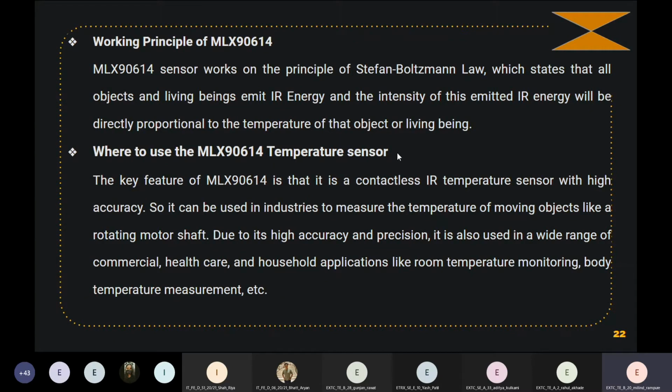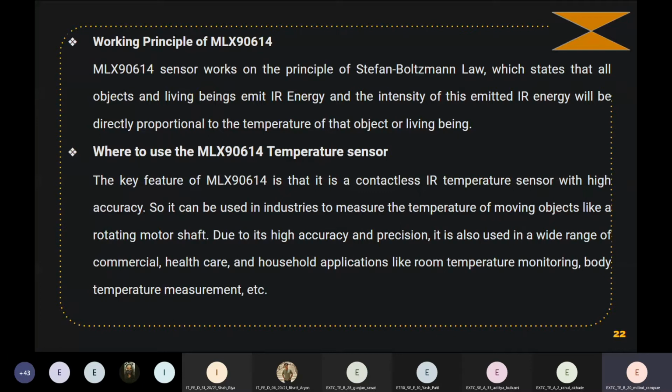So where can we use this sensor? This particular MLX sensor is in high demand right now, because, as you have seen, temperature guns measure body temperature on your forehead, palm, or wrist, and the sensor used is the IR sensor itself. The key feature is that it is a contactless sensor with high accuracy.